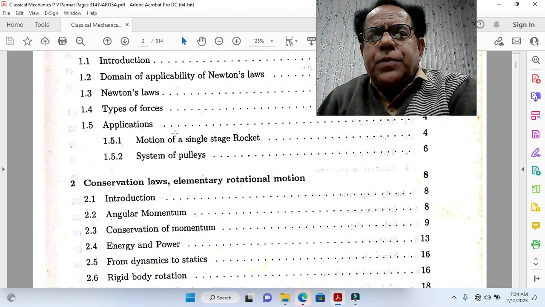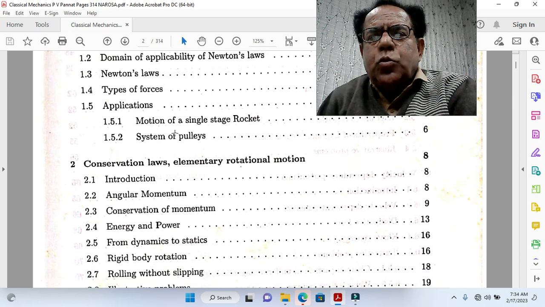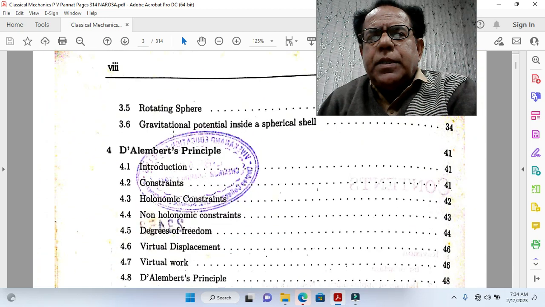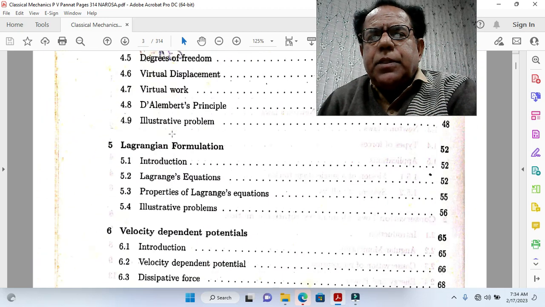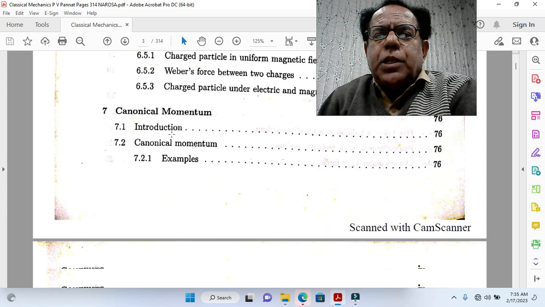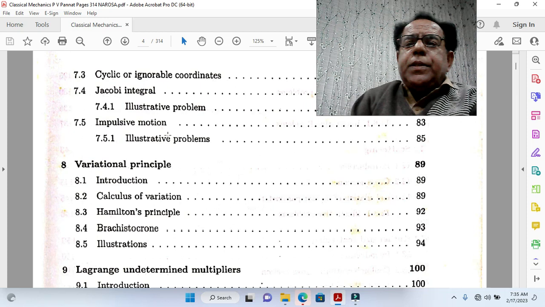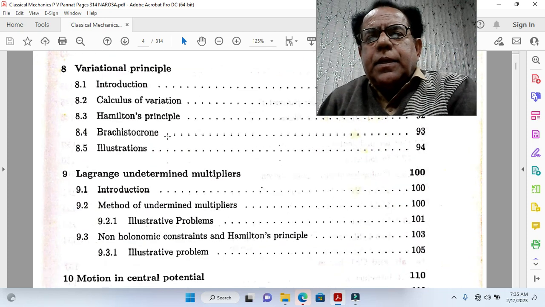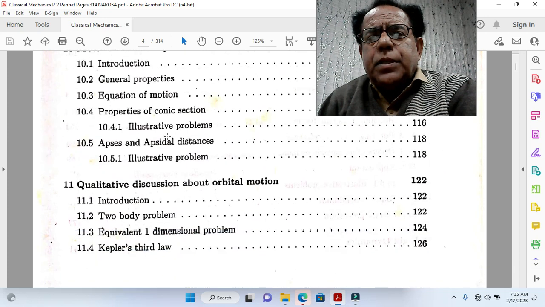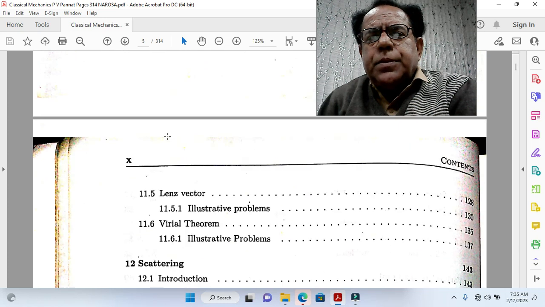Chapter 1: Revision, Conservation Laws, Elementary Rotational Motion, Illustrations of Newton's Laws, D'Alembert's Principle, Lagrangian Formulation, Velocity Dependent Potentials, Canonical Momentum, Variational Principle, Lagrange Undetermined Multipliers, Motion in Central Potentials, Qualitative discussion about orbital motion,